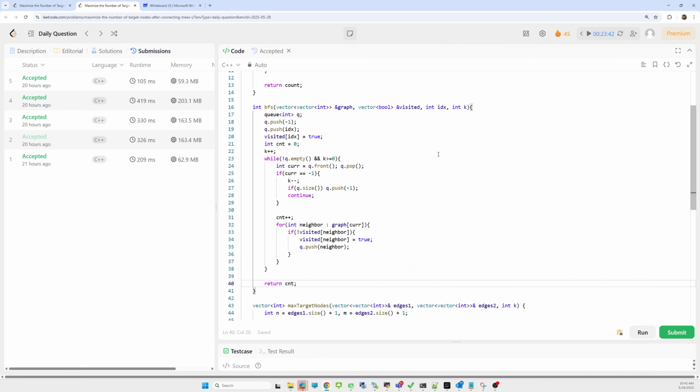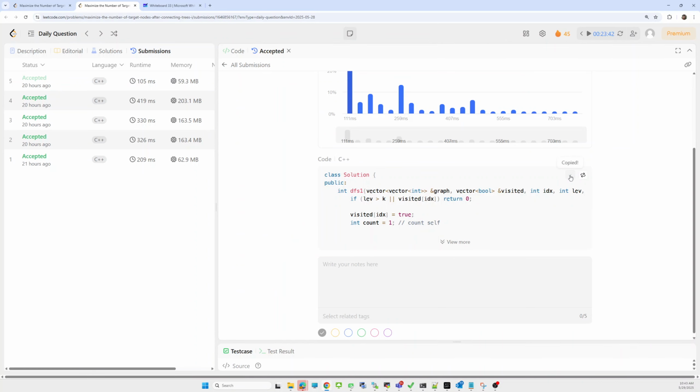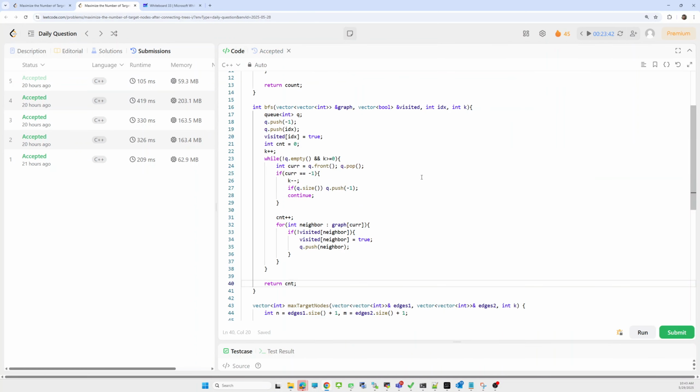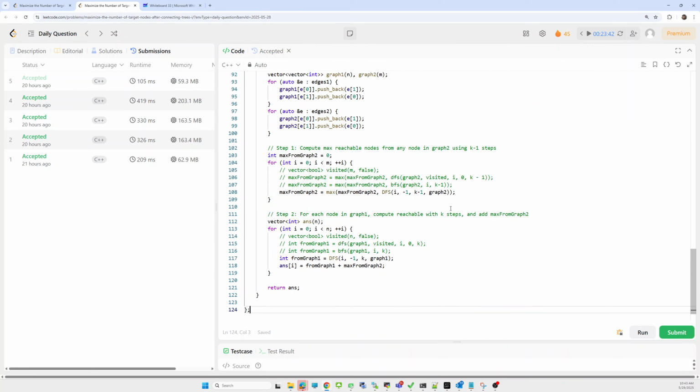So this is the BFS approach. Now I see there is one more approach available using DFS, and it is more optimized. If we compare, it is taking only 105 milliseconds, half of the previous DFS approach.